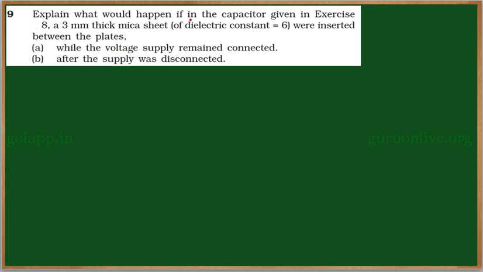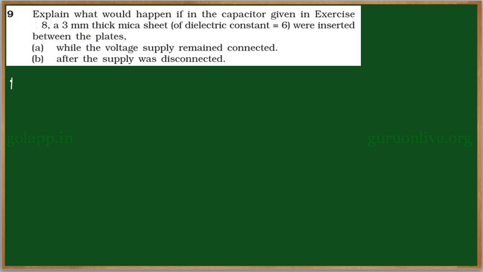Explain what would happen if in the capacitor given in exercise 8 a 3 mm thick mica sheet of dielectric constant 6 were inserted between the plates. In two cases: first one is while the voltage supply remained constant, and second one is after the supply was